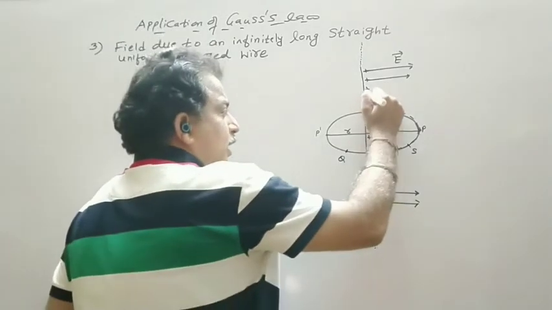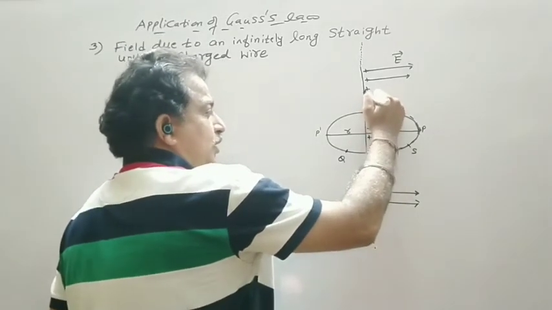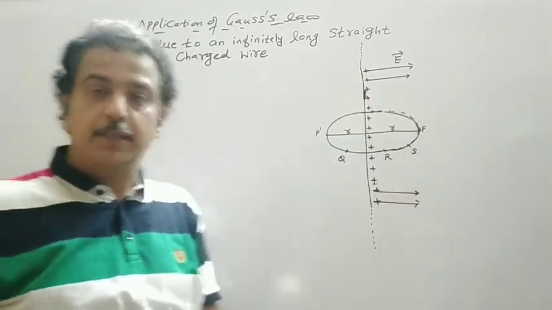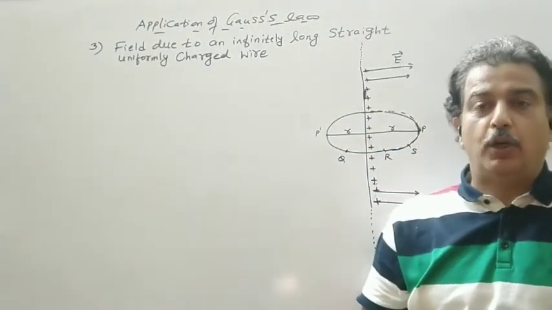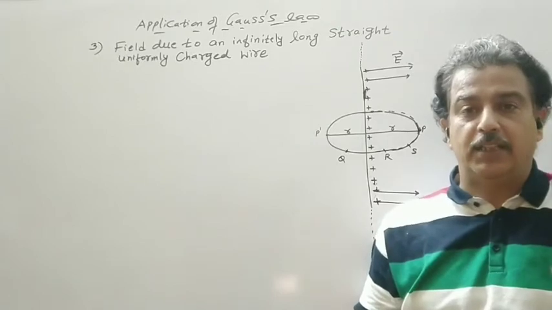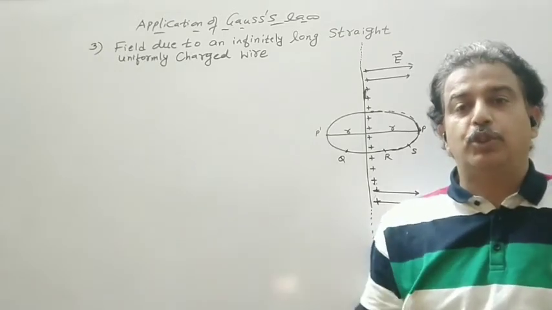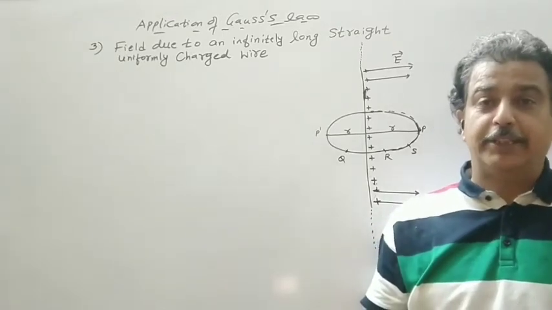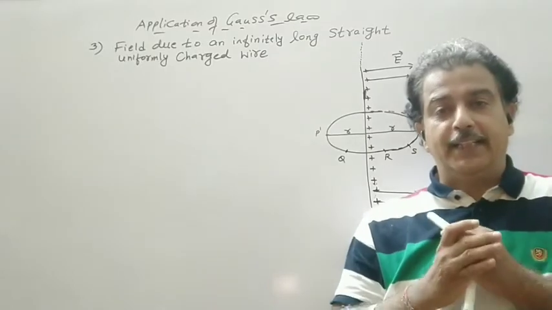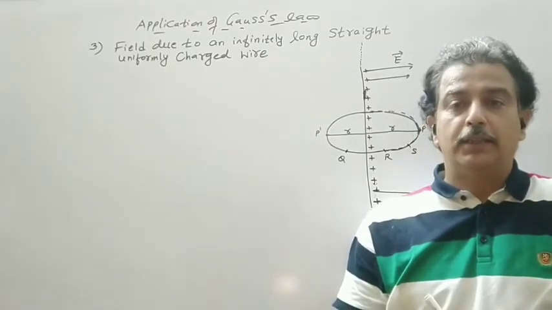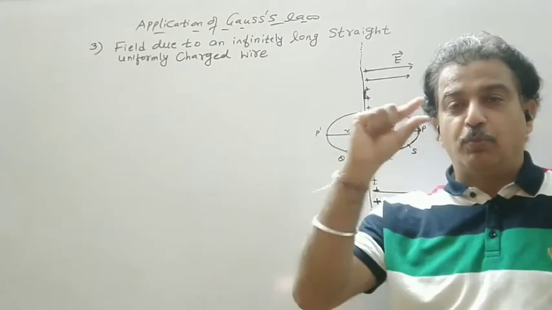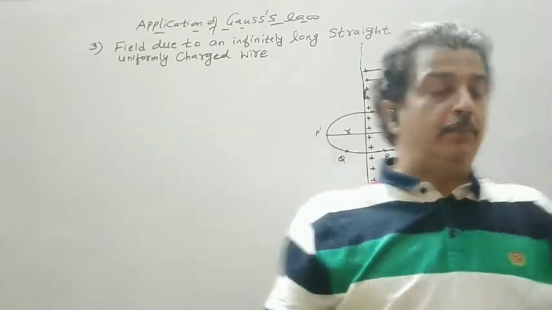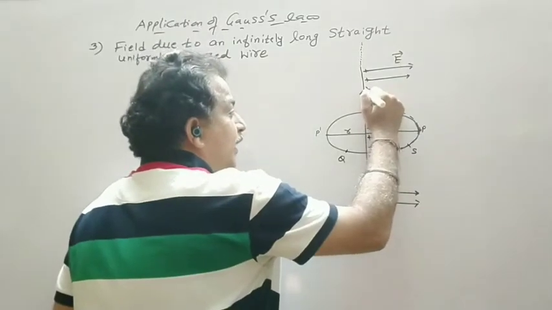So let us take a small element, because it is a continuous charge distribution. If you remember the application to find out the electric field intensity when the charge distribution is not discrete but continuous, then you have to divide the entire body or the wire into small elements, and one small portion was known as a line element. So I take a small line element.